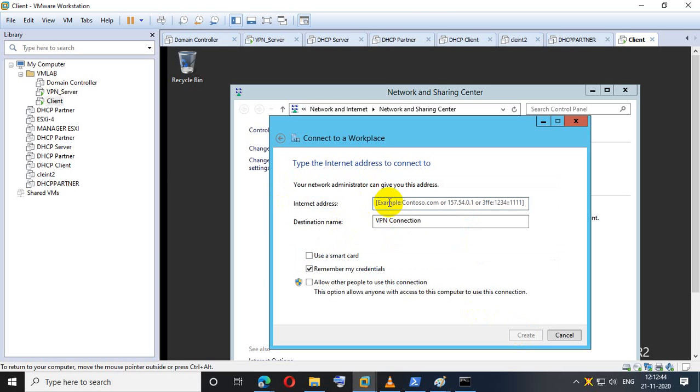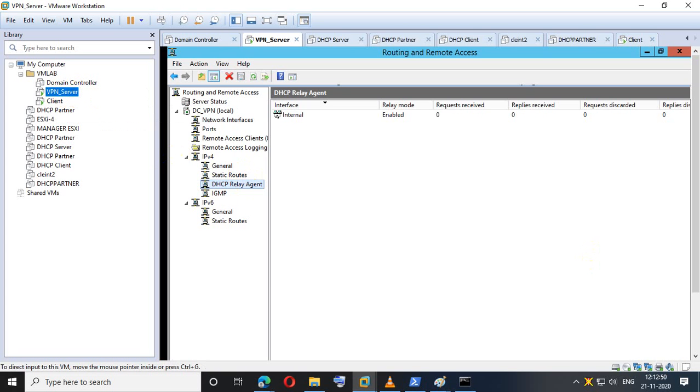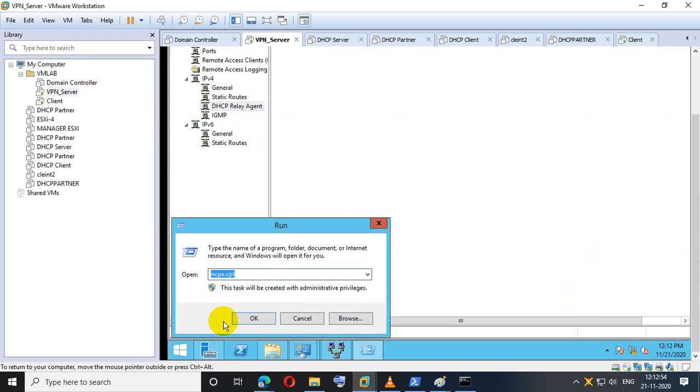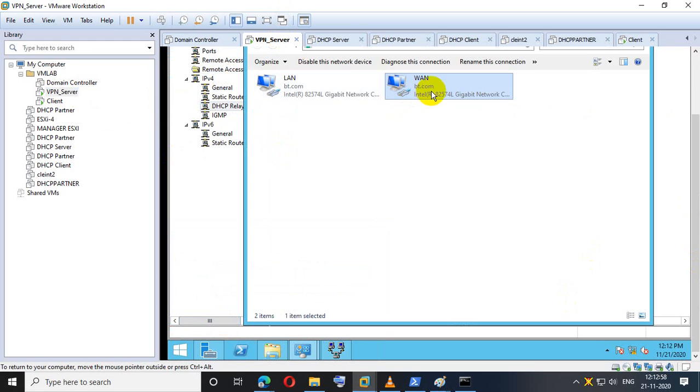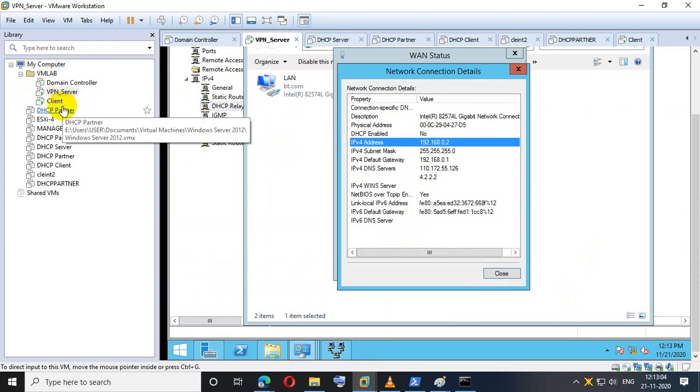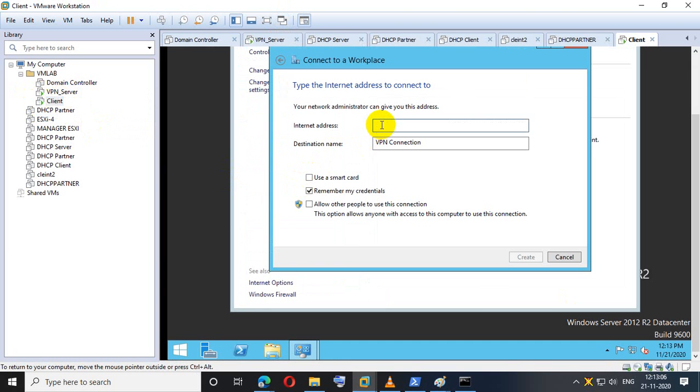In the internet options, I need to set the VPN client's internet IP address, that means 192.168.0.2. That is the IP address of the domain controller.